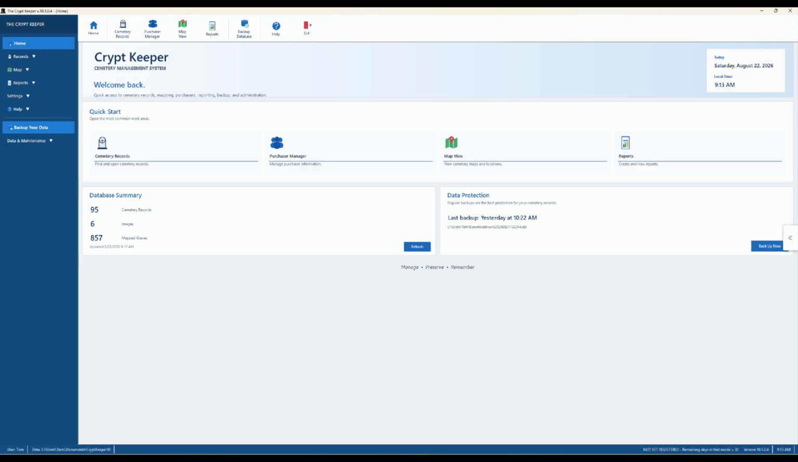computer. From the home page of the desktop application, you'll find statistics about the data you have in your account, as well as many options to access and add to your data. At the top of the home page, you'll find a series of toolbar icons. These will be your most used options: searching your records, the purchaser's manager, viewing your maps, running reports, and backing